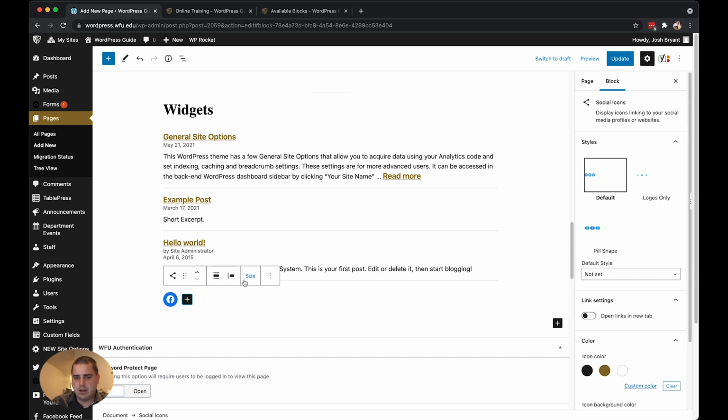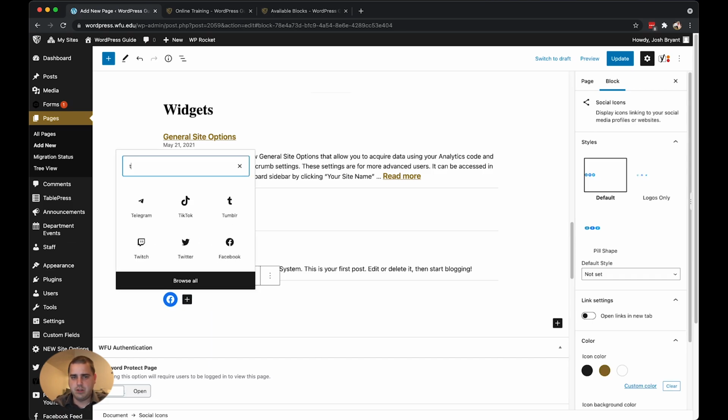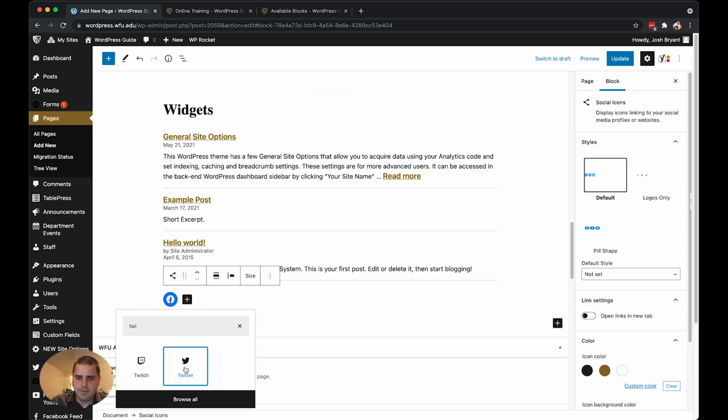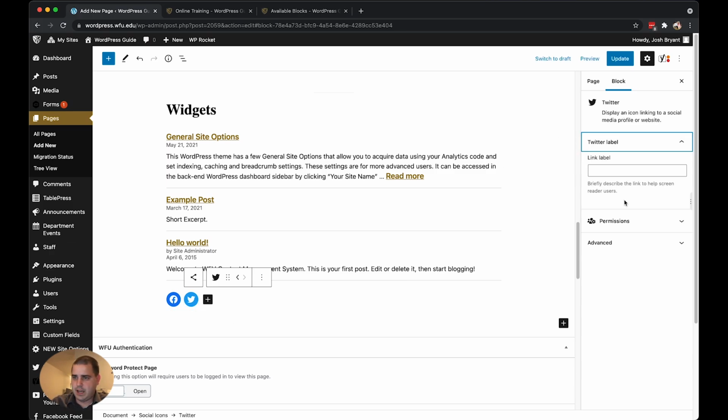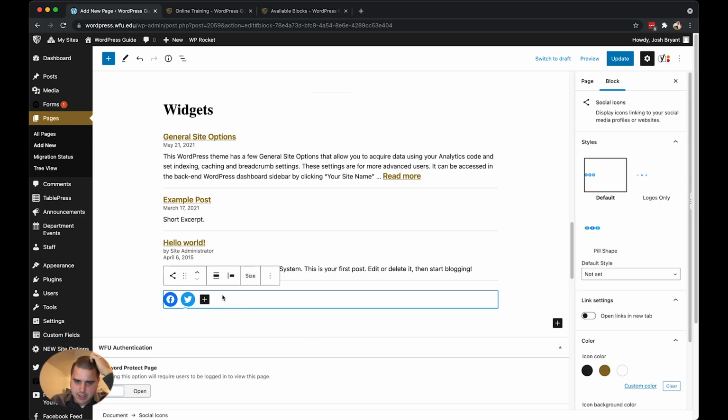I can add another one. Let's add Twitter. And click on it to add the link. And if I click on it and go over here to the Twitter label, I can add a label, describe the link, like my Twitter. But then if I go back over here and I click outside the Twitter icon, or I use the list